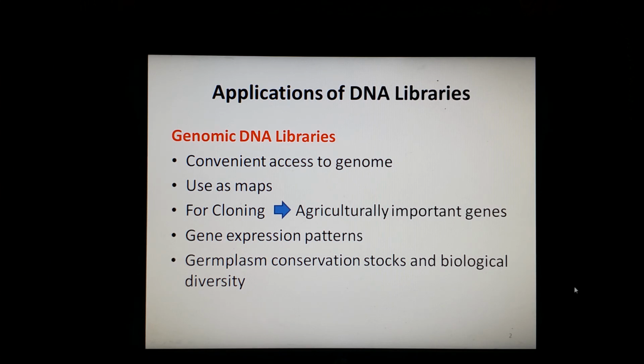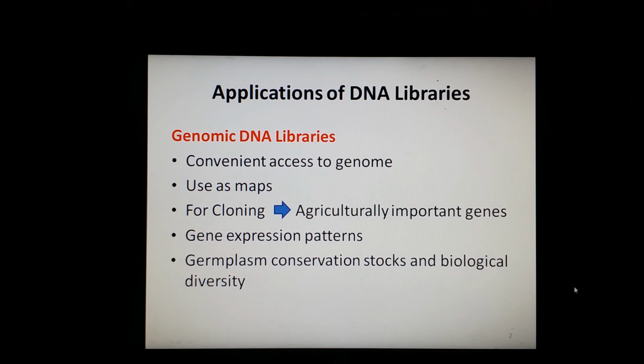So starting off with the genomic DNA library, let's see its applications. As you know, society has been facing the problem of crop failures, pathogenic outbreaks and famine for a long period of time, and these problems are quite serious for any society. In order to overcome these problems, we have to understand the organism's genome. Why? Because it will provide the genetic tools that are needed to solve these complex problems in a shorter time and with less effort.